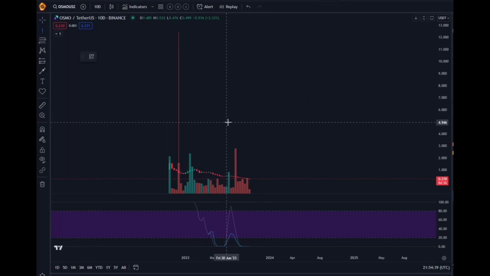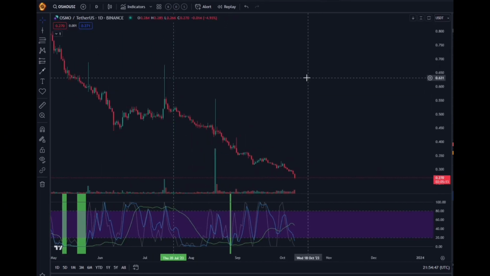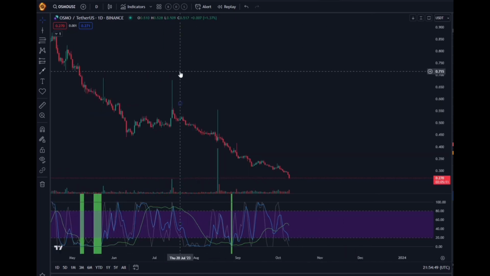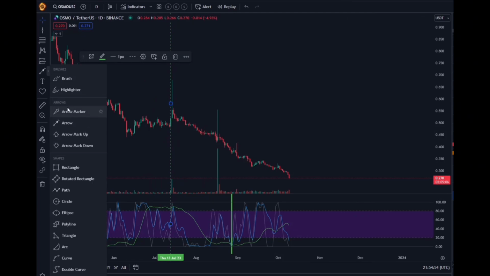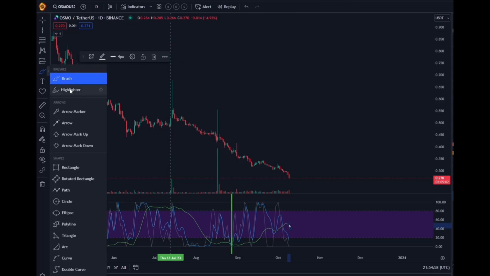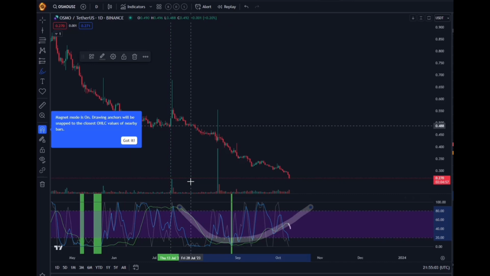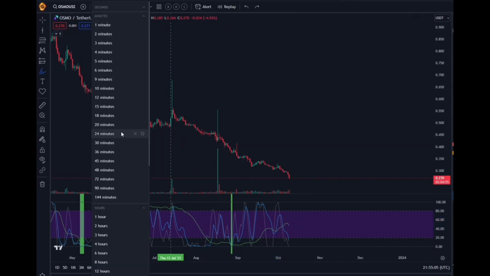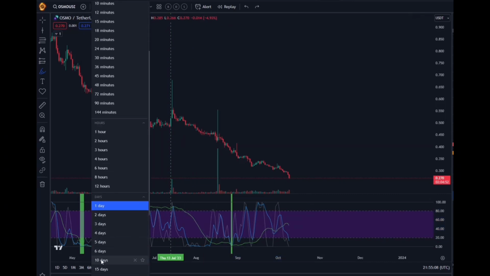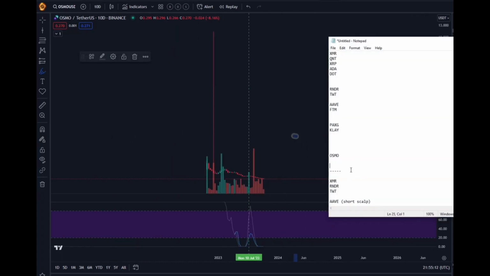So first thing to do is mark the last top, zoom in on the 1 day, and you can see this could have been a nice trade, but now you can see that this is looking downwards, this green one. If it didn't have this one, I'd be analyzing this one further because it would look like something like that, but for me this is not worth the risk, also because it looks like a low volume coin and a fairly new one. So for now what I'm going to be doing is I'm going to erasing all of those,